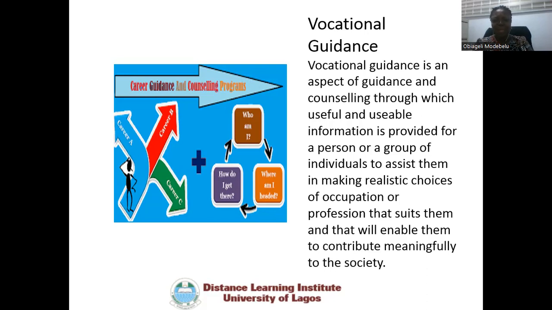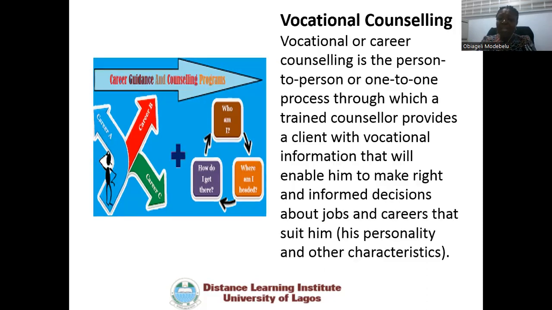If you look at the picture or the image we have here, we have a student. He's confused because he's faced with career A, career B, career C, and he doesn't know the one to pick. So a guidance counselor will begin to help him to make decisions by providing him the information he needs to discover himself, to be able to know the career to pick, and to know how he will go about it and how to get there. It's very important. So that is what career guidance is all about: providing useful and usable information that will help people to pick a career that suits them for who they are and